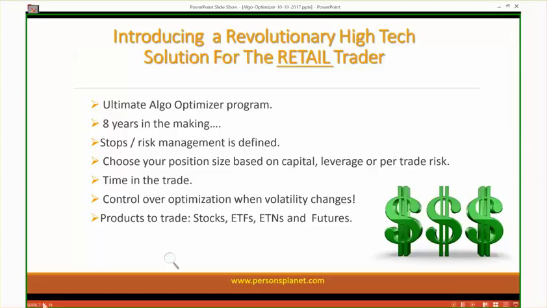I mean, some people rent trade signals, and I'm sure you may have rented someone's signals in the past, and it works for a little while and then they fail. One of the reasons they fail is because volatility changes, and you have control over optimizing when that volatility changes. You also have time, as I've alluded to a couple times tonight: when ranges narrow, your holding period in the trade has to change too.